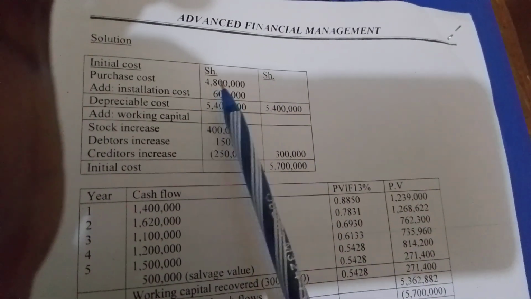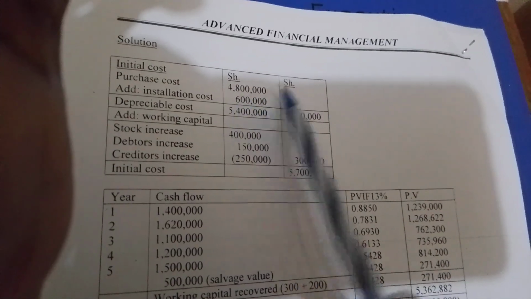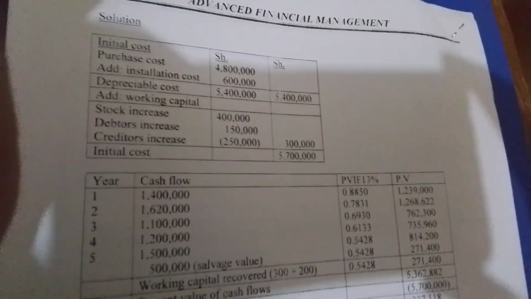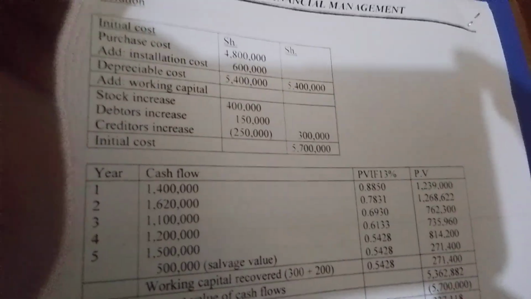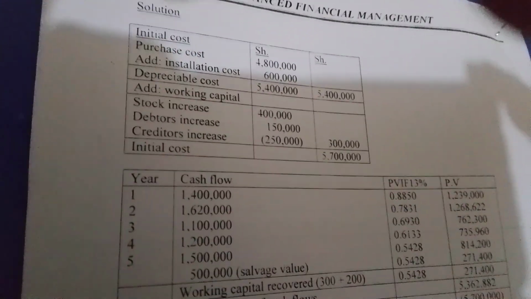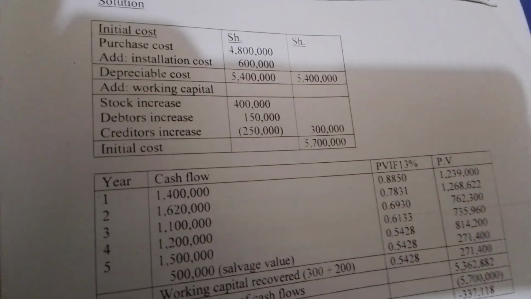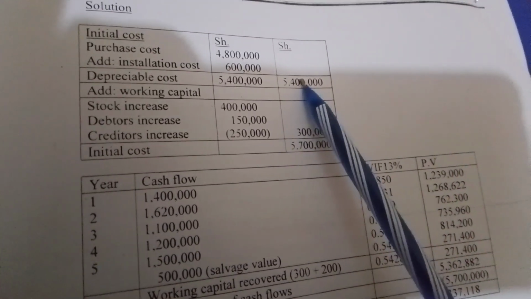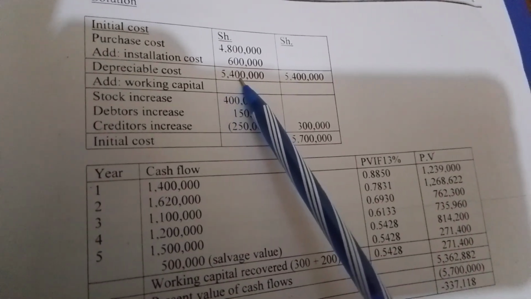We are told that the machine cost 4,800,000. The only incidental cost was the installation cost, 600,000. So the depreciable cost is